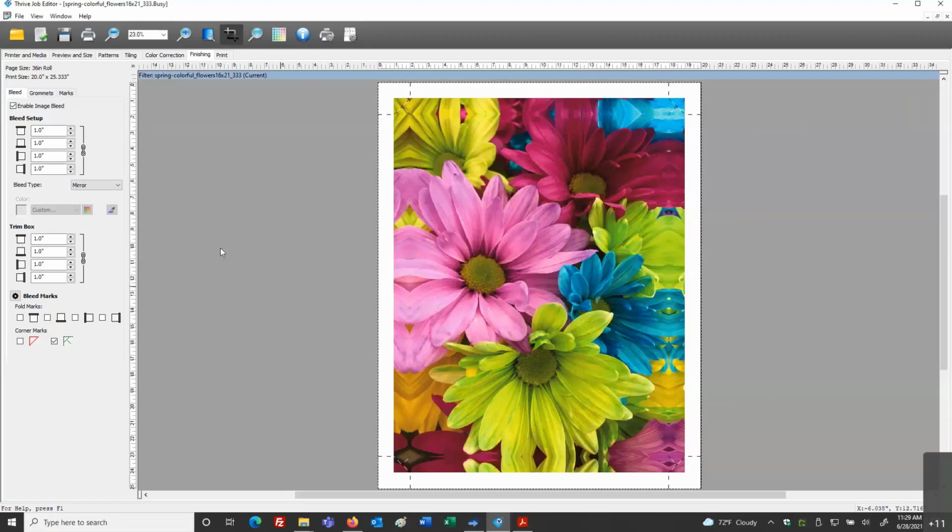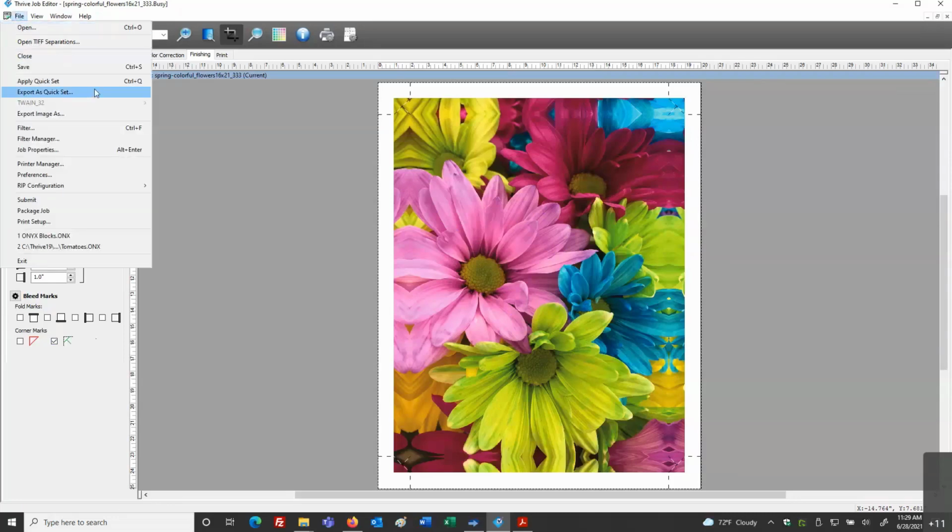Now, let's say I created this in Job Editor, and I look at this and I say, that would make a perfect quick set. Well, I can write down some notes and say, I want to work with the 1-inch mirror image bleed and a 1-inch trim, and I want to use my particular corner mark as a frame style, and its alternative. And I could jot all this down or record this somehow and go back into my quick sets. And I could put all this information in manually in my quick sets and customize this for this type of a wrap.